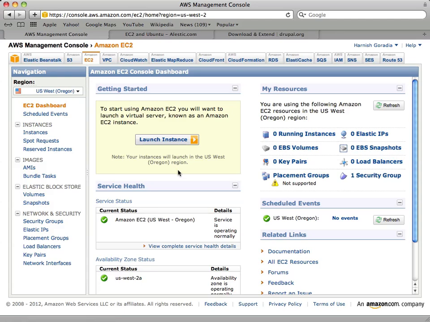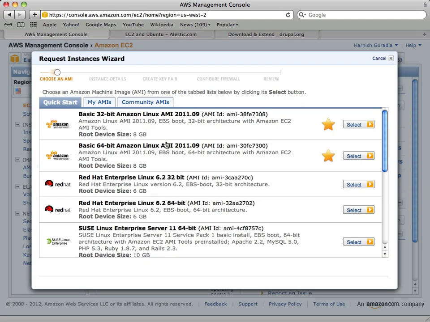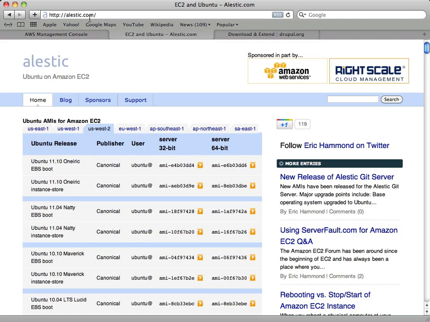Now I want to launch an instance. In order to launch an instance, I want to launch an Ubuntu instance, as I said. This is where you go, alestic.com. This is Eric Hammond's website.